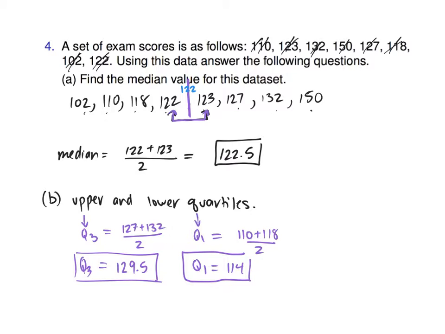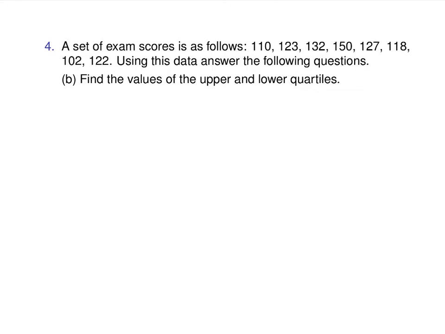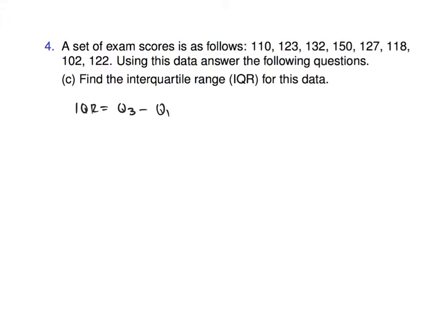I'm pretty sure the quiz question that you had was like this, where it had 8 values. Alrighty. So upper, lower we got. Find the interquartile range. So how do you find the IQR? Q3 minus Q1. Great, Q3 minus Q1. It's how far it is between the upper and lower quartiles, right? So Q3 was 129.5. And Q1 was,